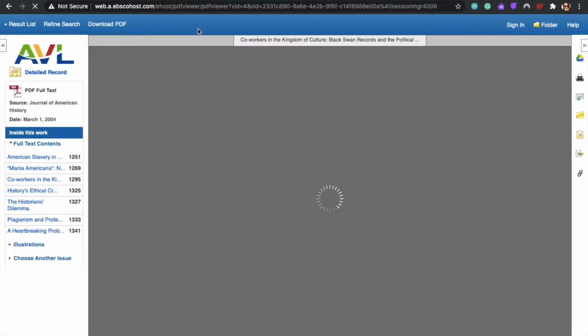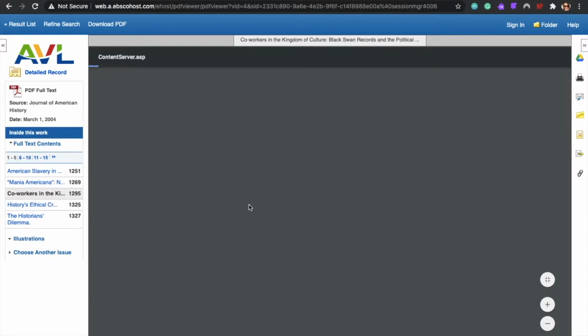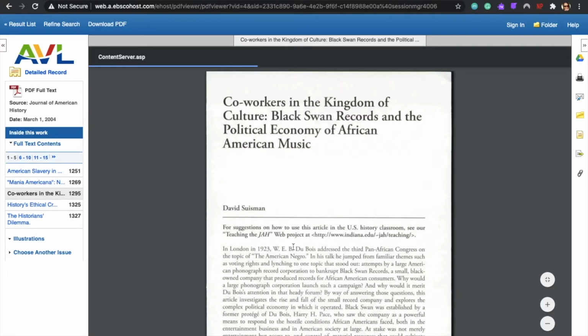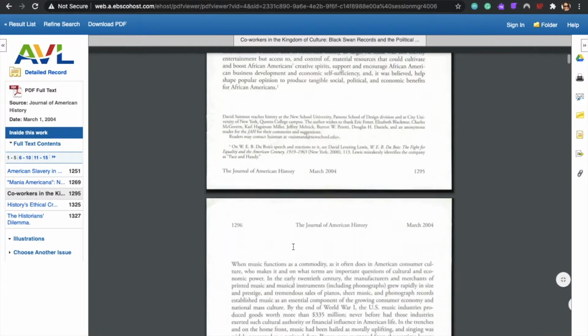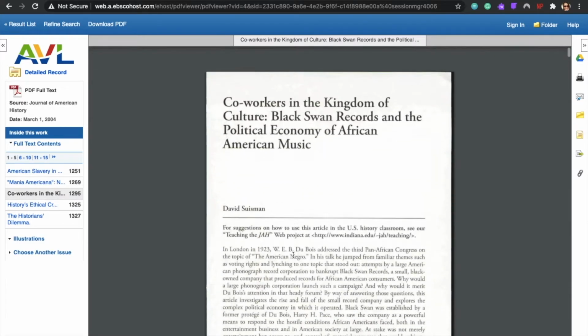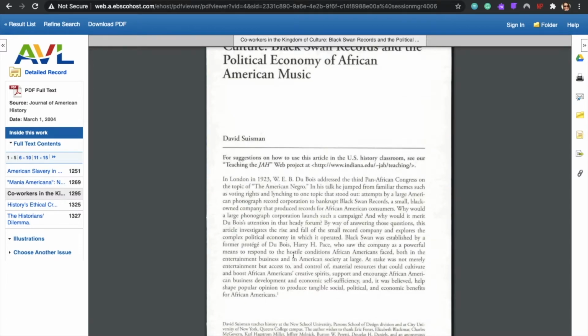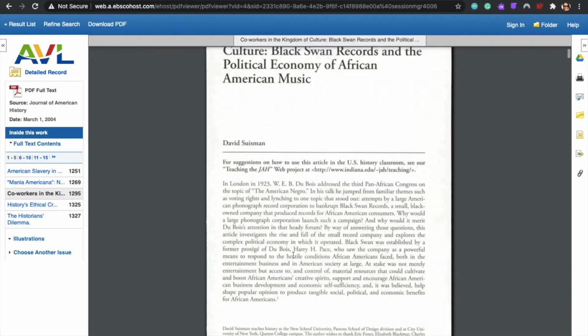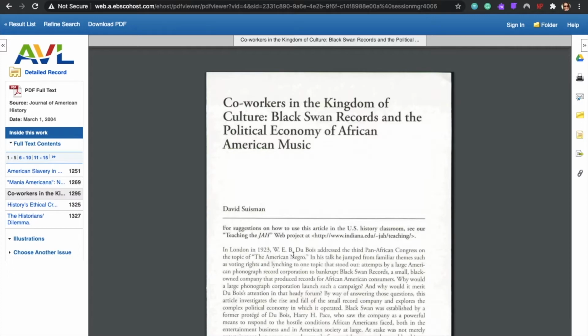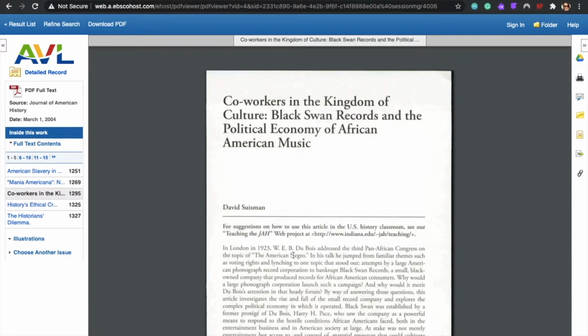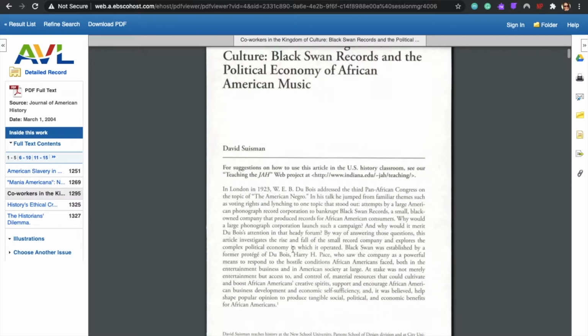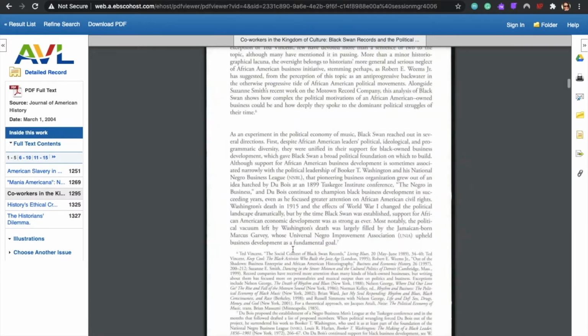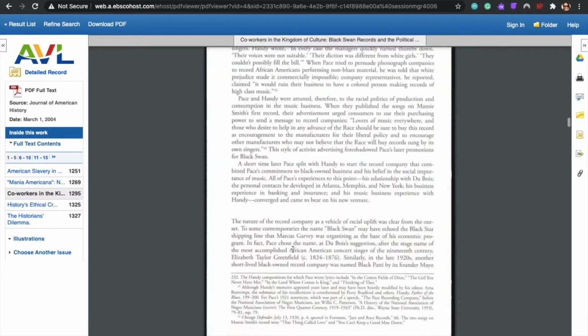It'll open a new tab, and it'll look something like this. If you guys remember our two steps, first you would do a citation, and then you would do an annotation. Your annotation is 2 paragraphs, a summary, and then an acknowledgement of the value. So read through this, highlight anything you may need, and then write 2 paragraphs about it.